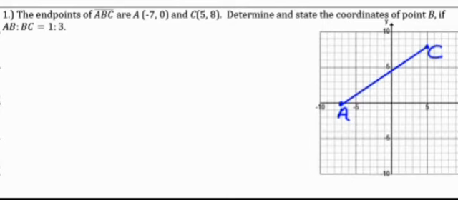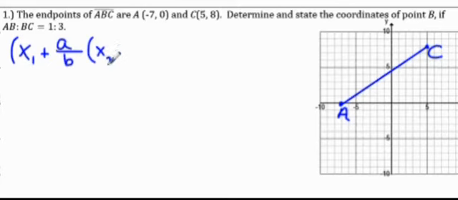The endpoints of segment ABC are A (-7, 0) and C (5, 8), which I've already graphed. Determine and state the coordinates of point B if the ratio of AB to BC is 1 to 3. This is called partitioning a segment. We're breaking up a segment into a ratio, and we want to figure out where that point is that